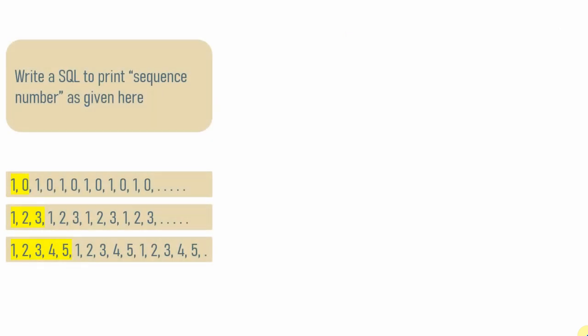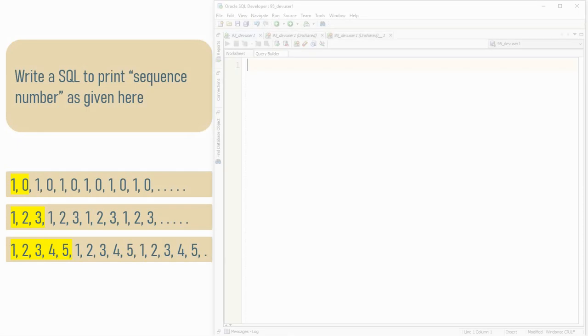So basically the interviewer sometimes will ask, generally for beginners, to print a sequence using SQL. It's not using any sequence object. Instead, write a simple SQL to print a sequence. Sometimes a simple sequence like 1 0 1 0, or a continuous sequence, something like 1 2 3 4 5, 1 2 3 4 5. So let's see how to write a very simple sequence using SQL.